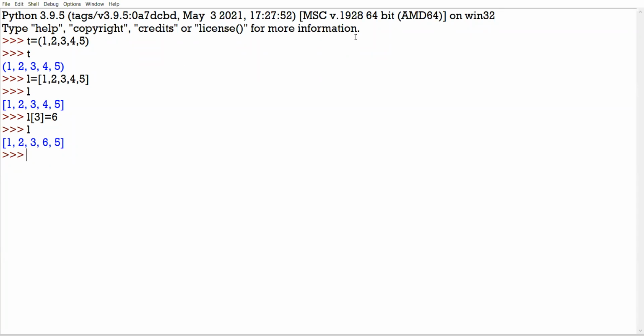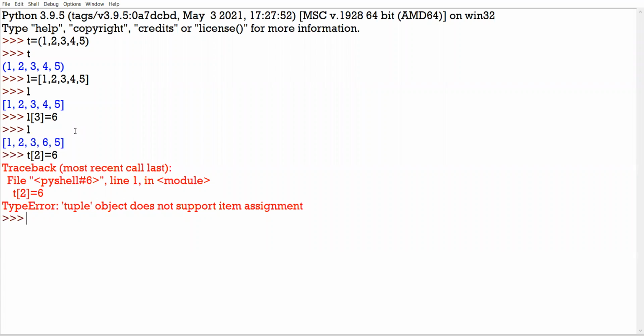But if I try to do assignment in the case of tuple, it will indicate error. Like I say, T of 2, T is the tuple. You can see I have already created tuple above. T of 2 equal to 6. See, Python raises an error. Why does this happen?